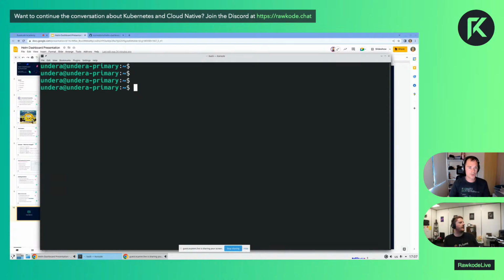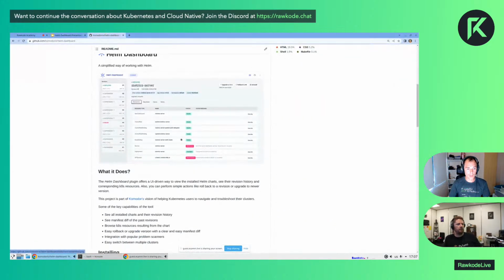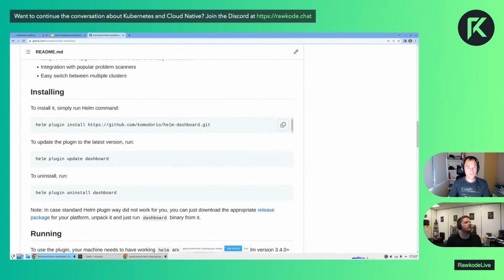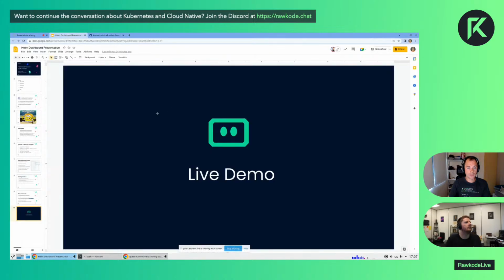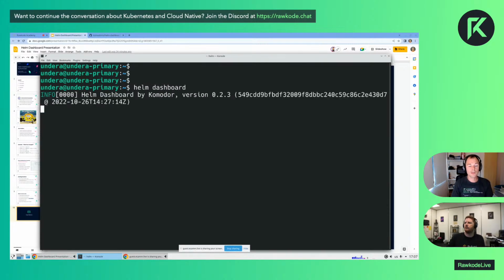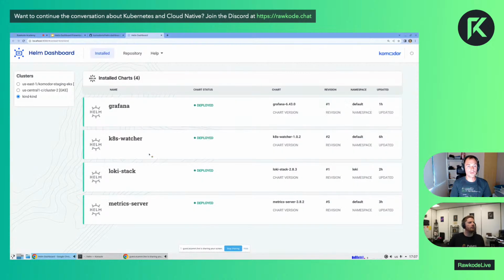There are installation instructions on the Helm Dashboard project page. There is this command you run to install it. And Helm Dashboard is the command you run to invoke it,